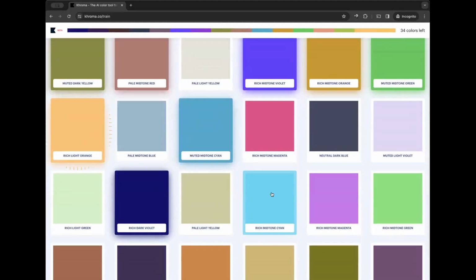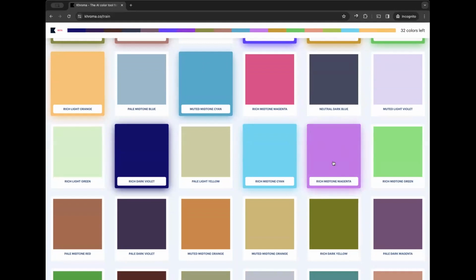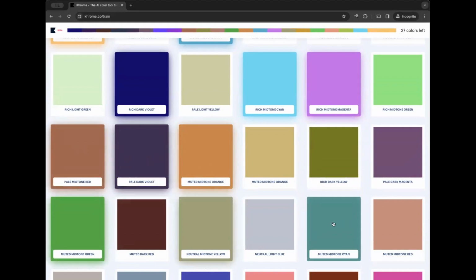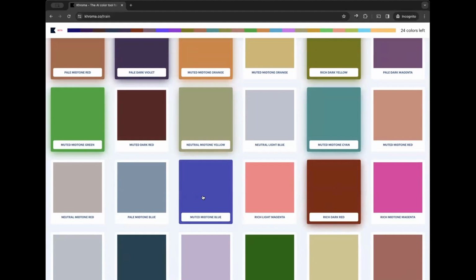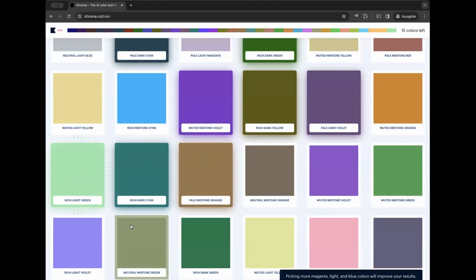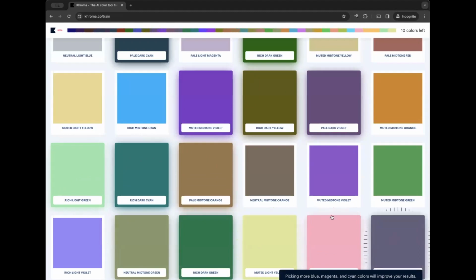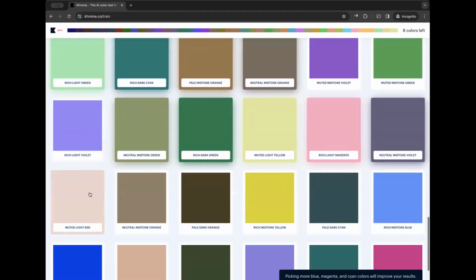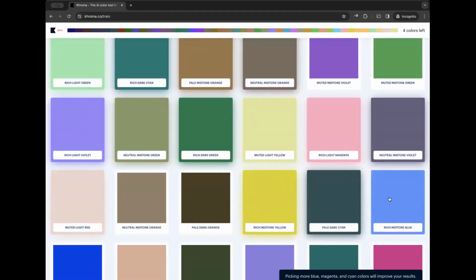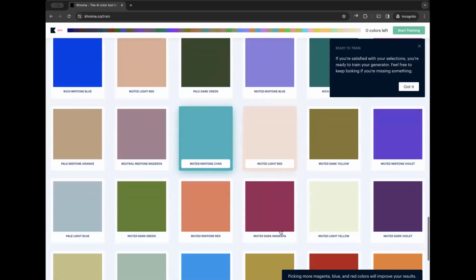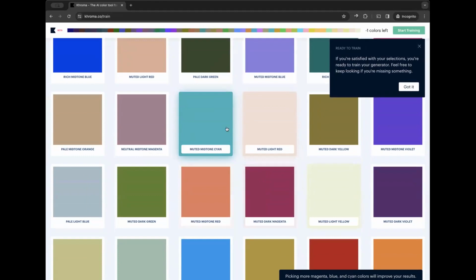You can obviously select more than 50, but yes, this kind of magenta, I can select it, just trying to teach the AI so that it knows the kind of color I'm looking for and doesn't bring out crazy colors for me. 21 to go. And you will notice something. If you are picking too many dark colors or too light colors, the AI will signify and tell you to try and mix in a bit of bright colors so that it's accurate. All right, so I've selected all my 50.